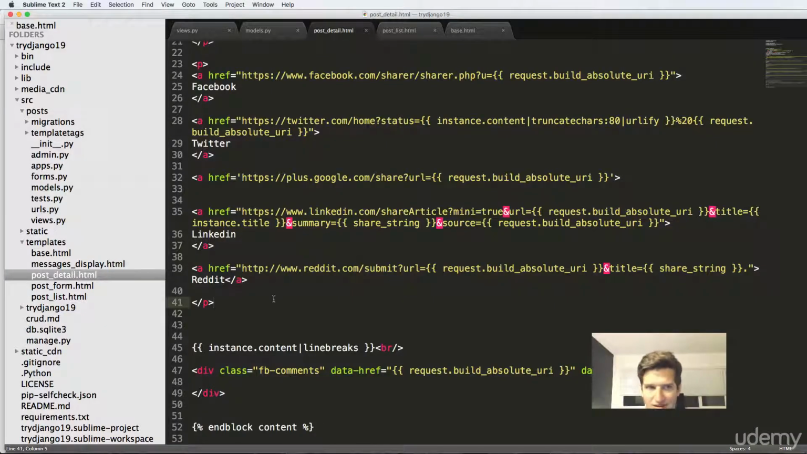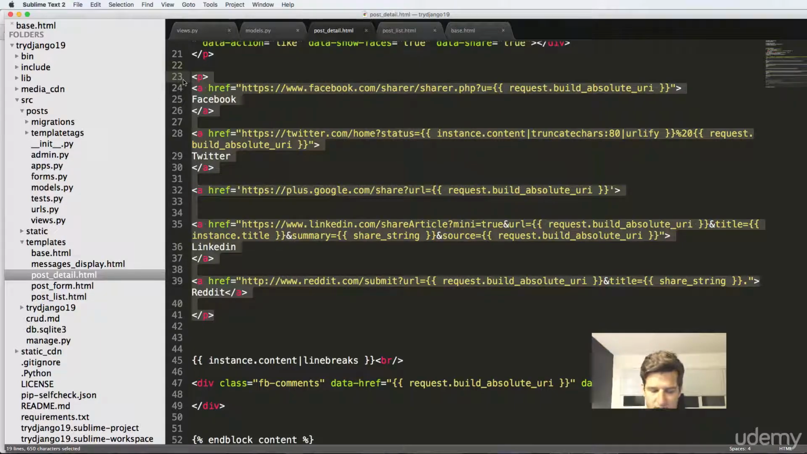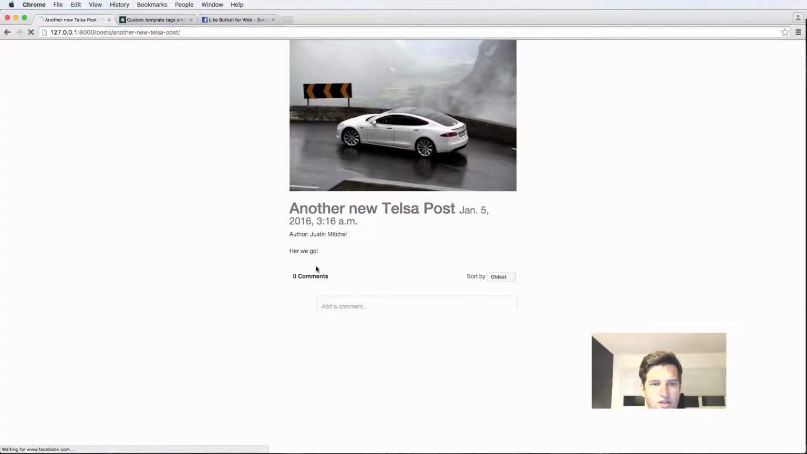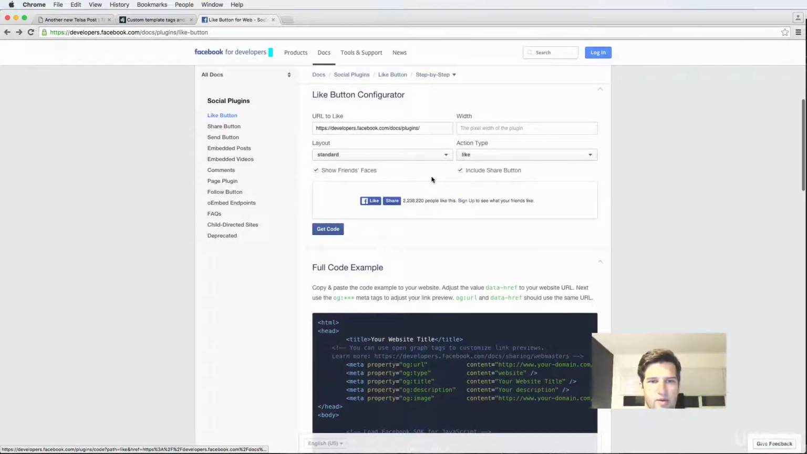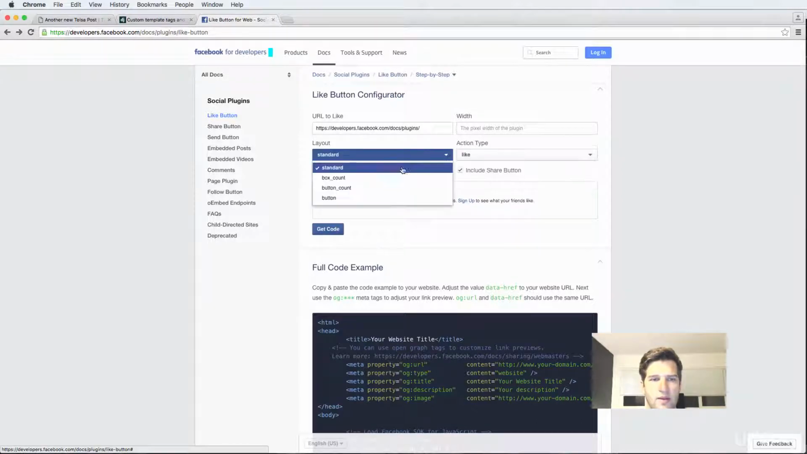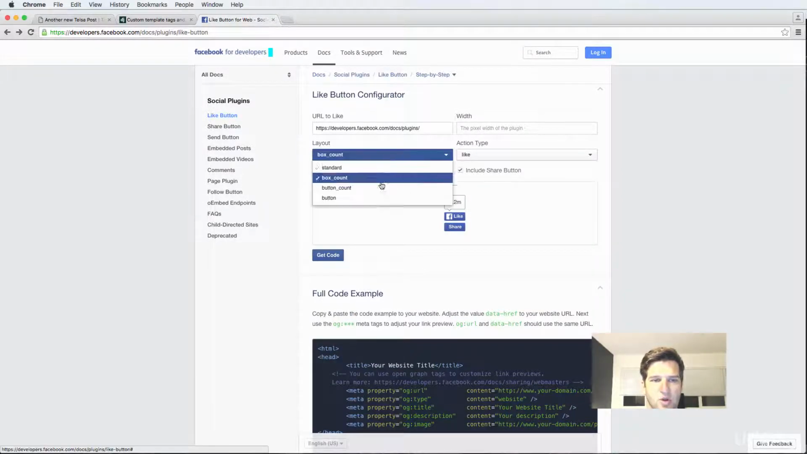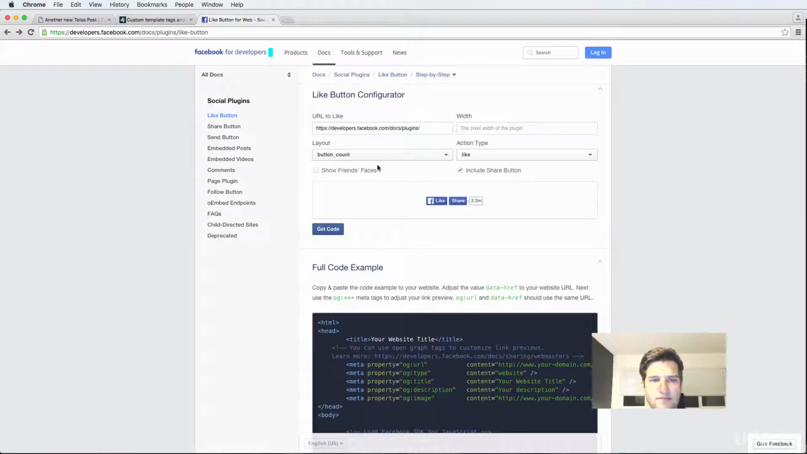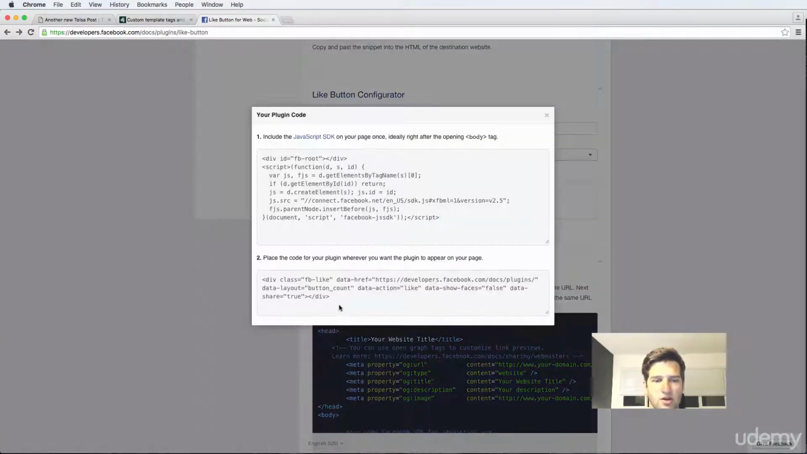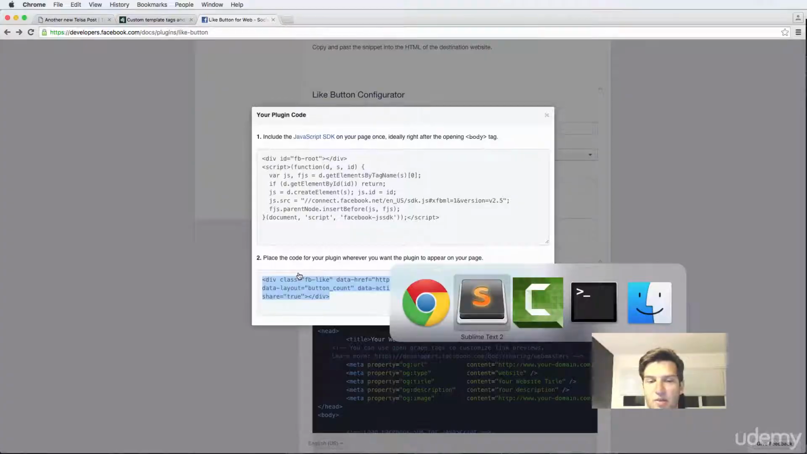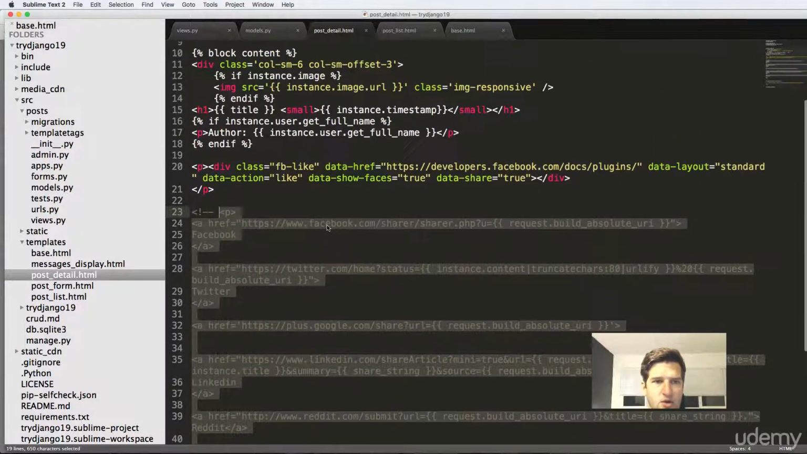I'm actually not going to use these links at all because I think it just adds way too much to what's going on here. And also the like button itself, I might want to change the way it looks. So maybe I don't want to see friends' faces, and maybe I don't want the share button, or I want a different layout like the box, or I want the button count, just that. That actually looks better. So I'm going to go to get code again. Just going to copy the second part again, and we're going to go back into that like,